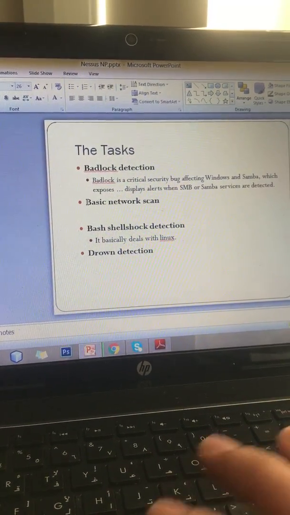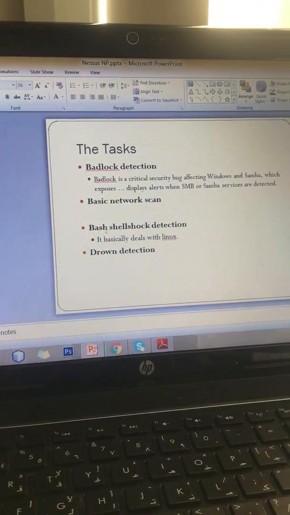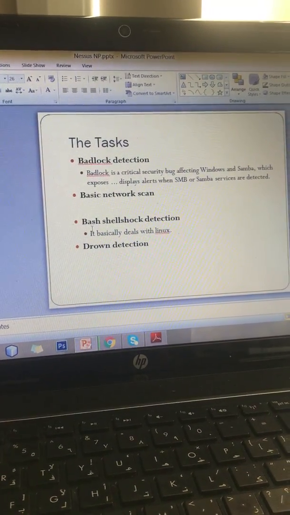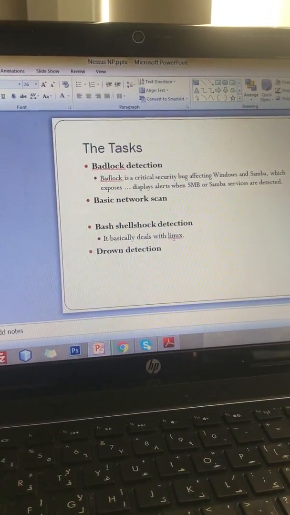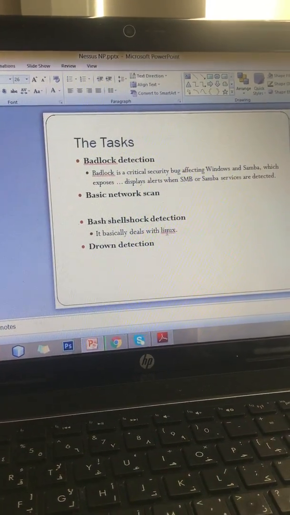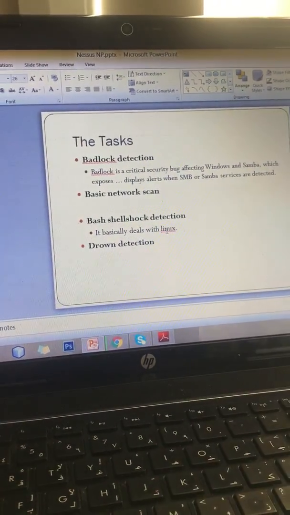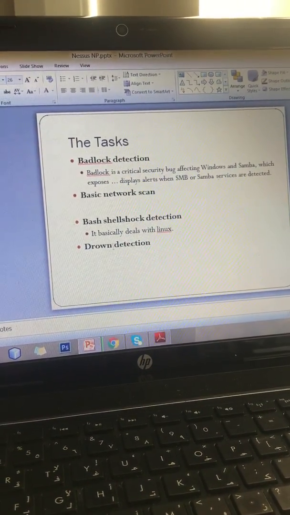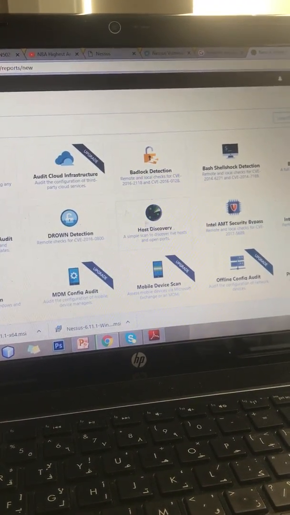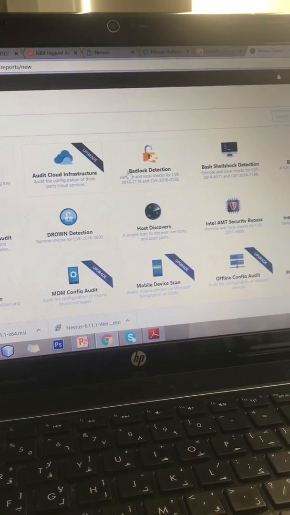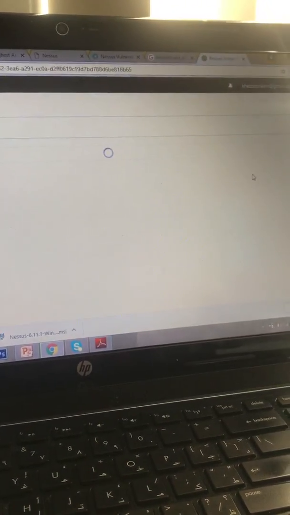And we have a basic network scan as well, so it can let you know about malicious attacks or anything. Then we have Bash Shellshock detection, which deals with Linux. Because we are doing it in Windows, we don't have much to do with that. And then we have DROWN detection. It is regarding the network. So for the basic network scan, you can just click on that, and